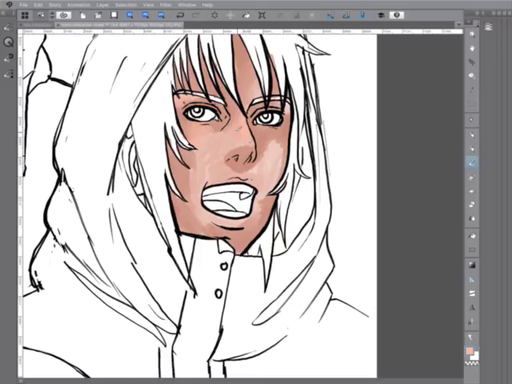What I'm using right now, if anybody is not familiar, is Clip Studio on the iPad Pro.